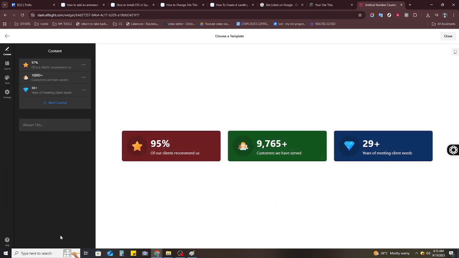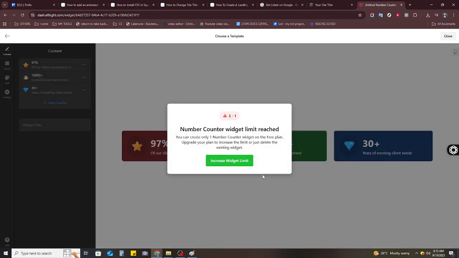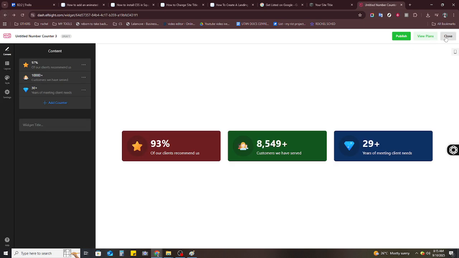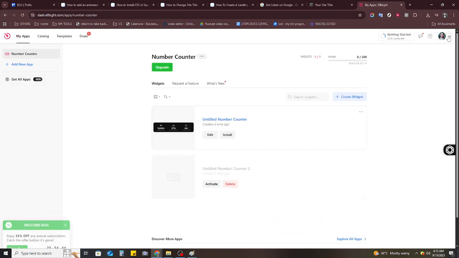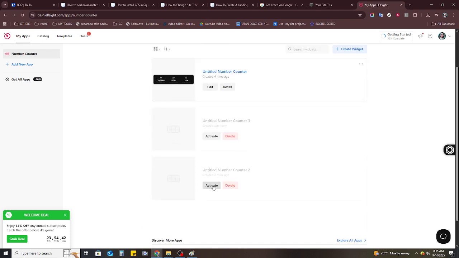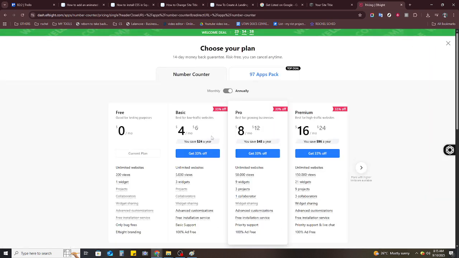Next, you can personalize fonts, colors, and icons to match the overall design and aesthetic of your website. This step is all about ensuring that the counter not only functions well, but also looks integrated and natural on your page. Once you're satisfied with the styling and settings, click on the Save button. This saves your progress and prepares your widget for implementation. You'll then see an option to get code, which provides you with an embed code. It'll look something like a string of text surrounded by